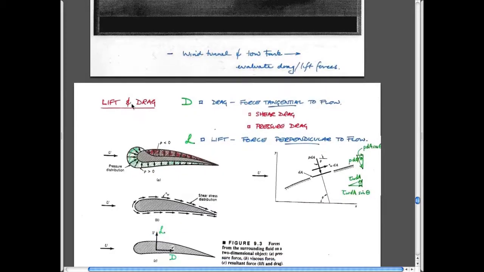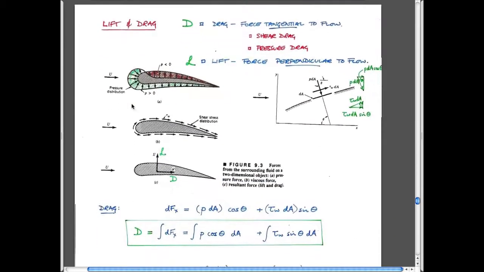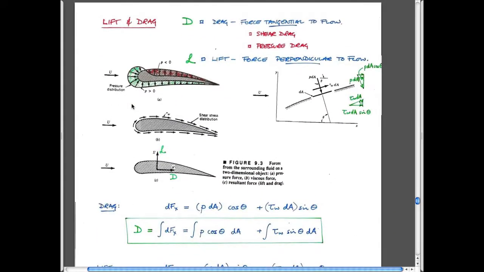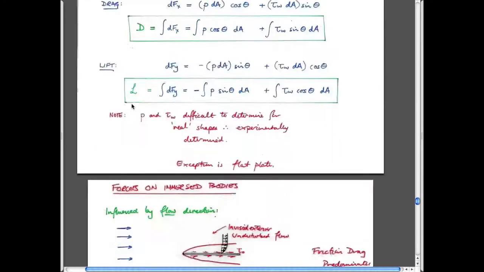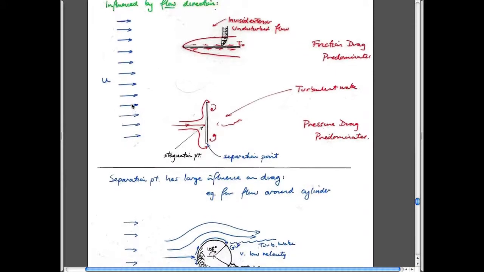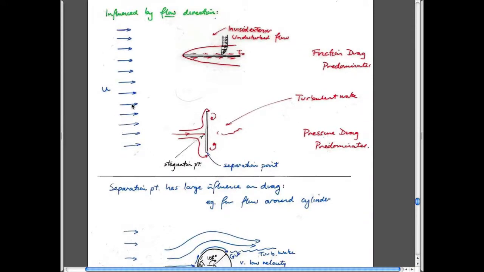We'll do an example with an airfoil after we've talked about this. But the basic idea is that you can imagine that we're interested in being able to figure out what the magnitudes of these forces are. And lift and drag occur due to two effects. So there's one effect, and the easiest way to think about it actually is if we go to this picture here, right? So if you think about this,